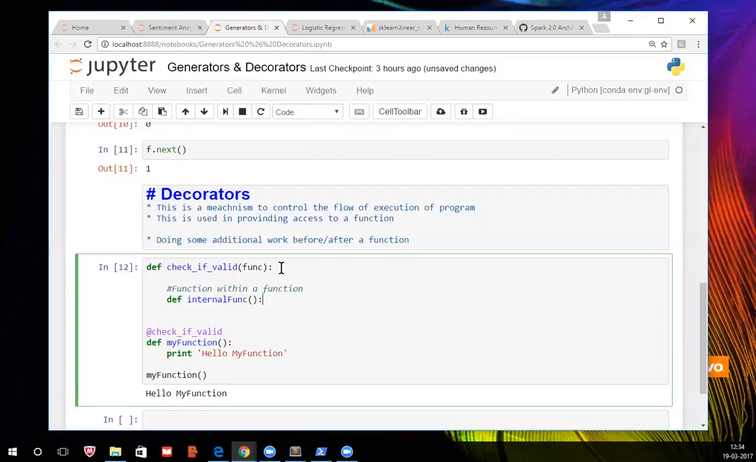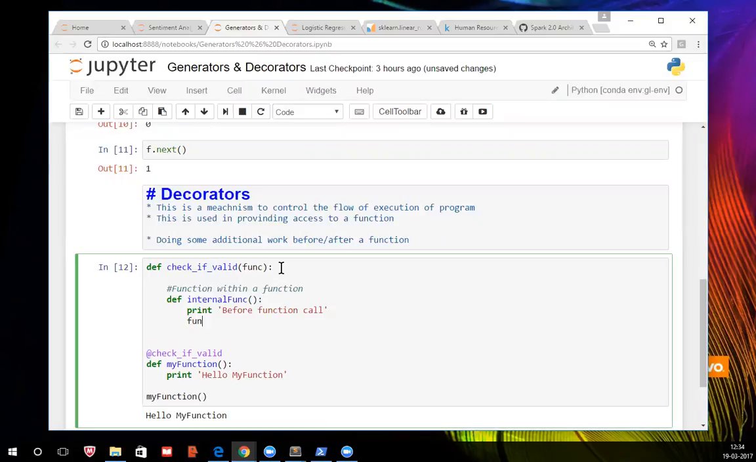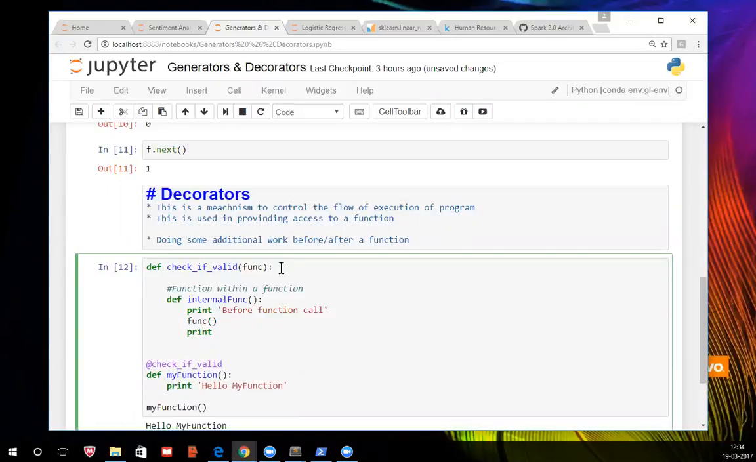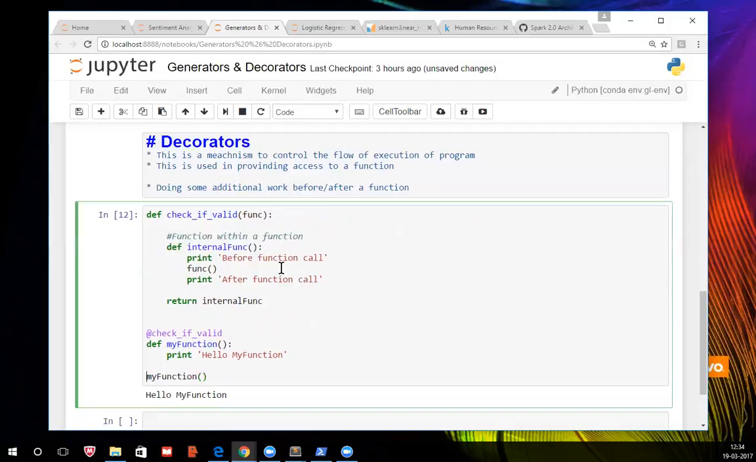Then you have print, before function call, right? Then you call the function. Then print after function call, right? Then here you will return the internal function, right? So now if I execute this,